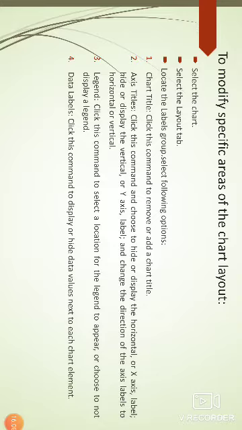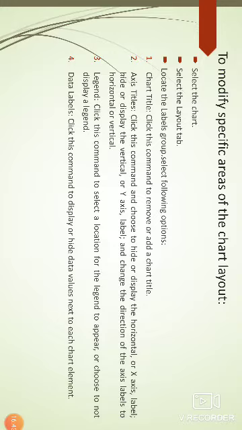Next one is Axis Titles. Click this command and choose to hide or display the horizontal or x-axis label, and hide or display the vertical or y-axis label, and change the direction of the axis labels to horizontal or vertical. Next one is Legend.